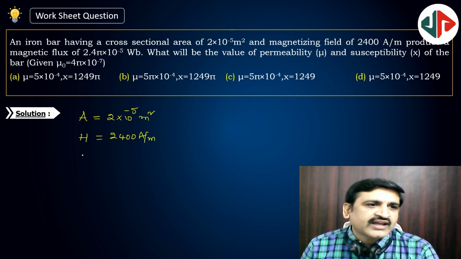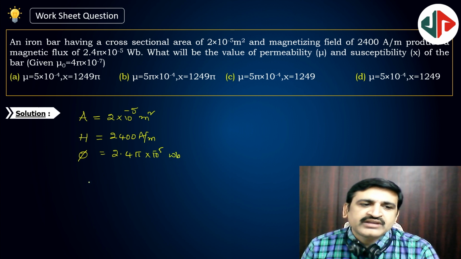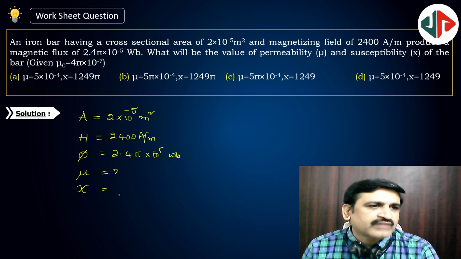It produces a magnetic flux of 2.4 pi into 10 to the power of minus 5 Weber. WB stands for Weber. What will be the value of permeability, mu, and susceptibility, chi, of the bar, given that